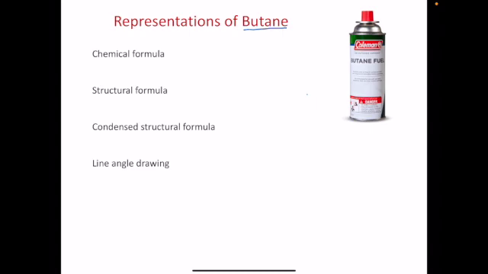Butane is the chemical name of C4H10. So that's in Mother Eats Peanut Butter. That is the fourth in the alkane family of hydrocarbons. Okay, and so the structure or the structural formula of